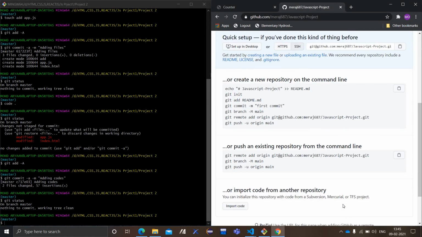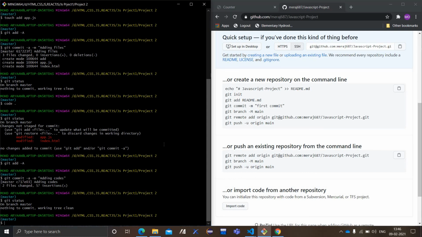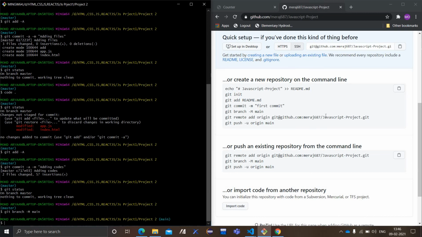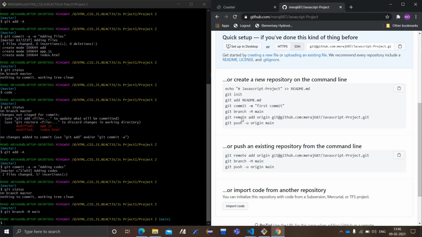So this is the folder that came. For creating a new repository on the command line, these are the steps you have to do. Till here, git commit I have done. So what you have to do is git branch -m main. Then you need to add this.